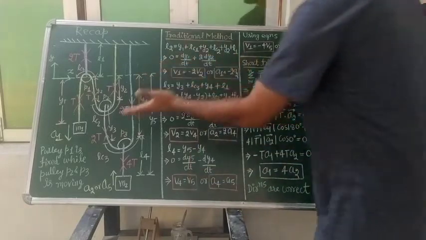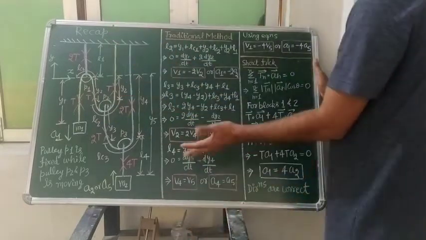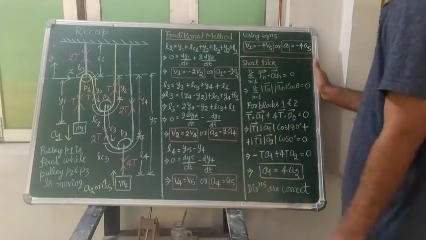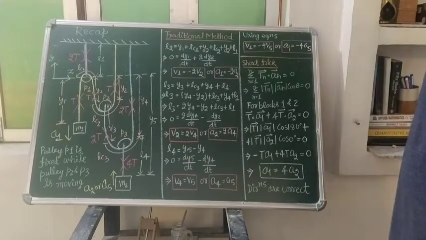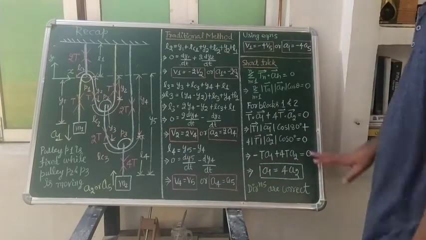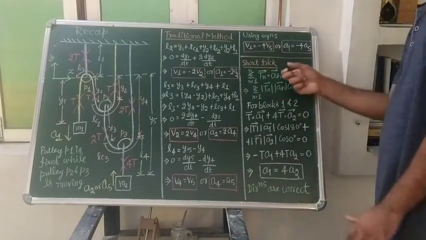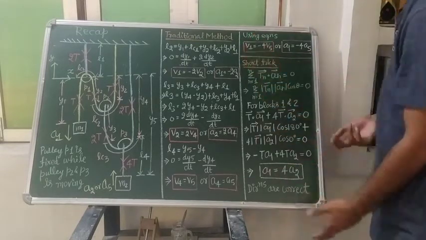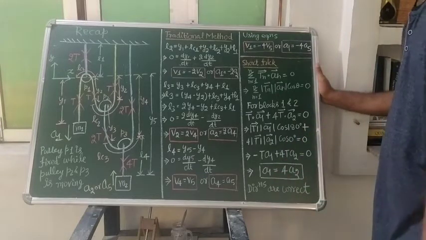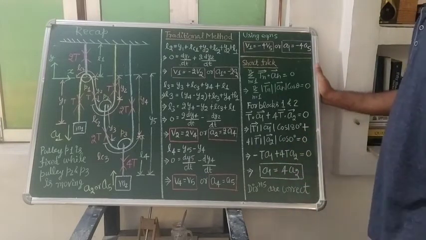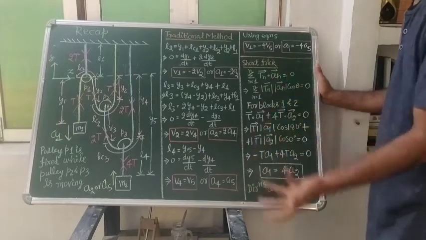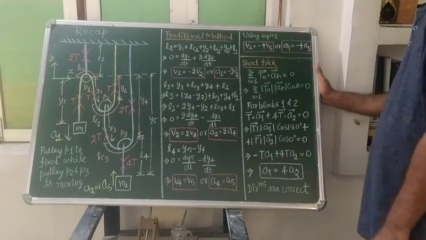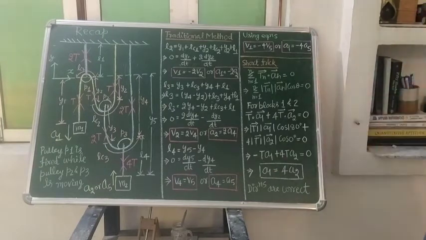For the short trick, the tension is present there, and you can select the acceleration in any direction. That will give you the relation between the velocities and accelerations. Of course, if you want to know the relation between the velocities, in place of acceleration we can write velocity, and the same thing is going to come. That is your task, you can do that. I have given you an idea of how you can find the velocity by writing velocity here. So that was a quick recapitulation.